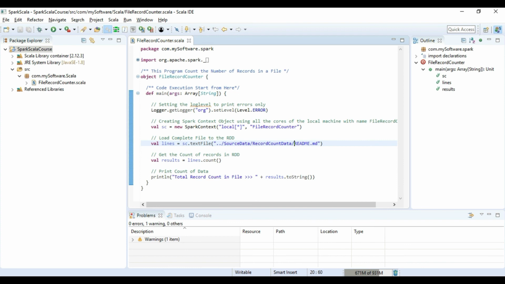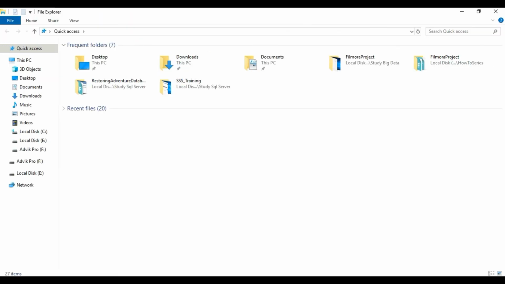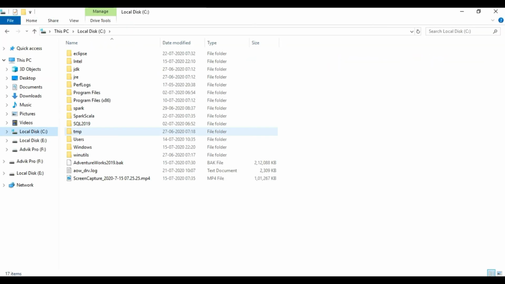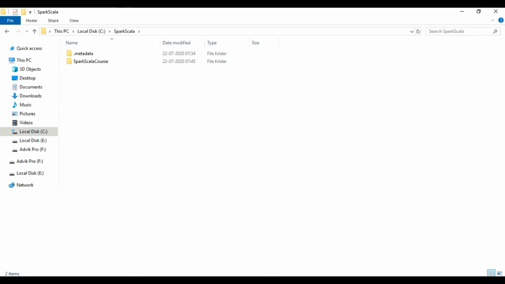So we need to pick this file from the Spark folder. So we will go one by one. First we will go inside the workspace created by us. C drive, Spark Scala is the workspace which we created.